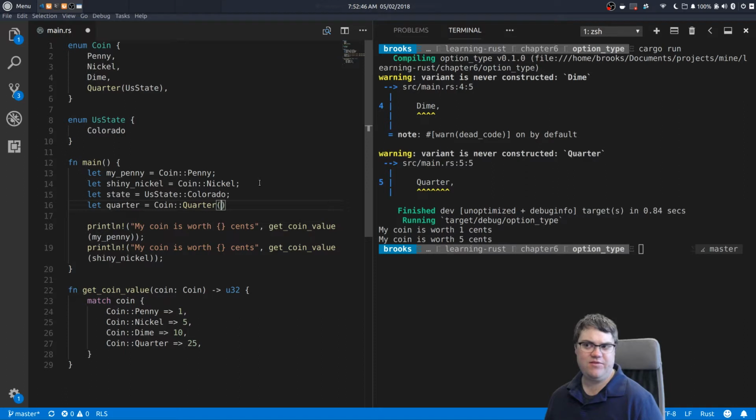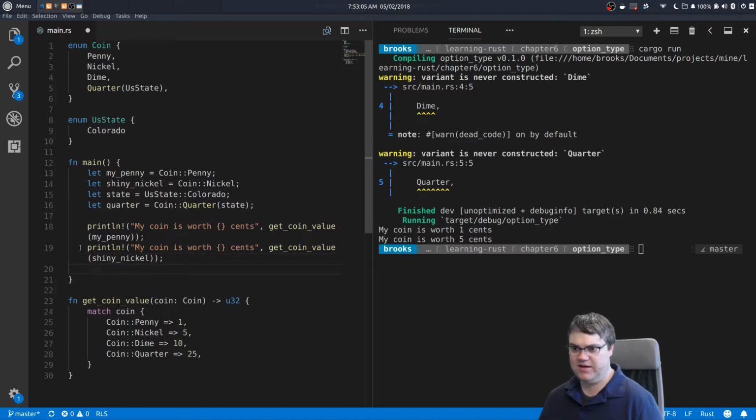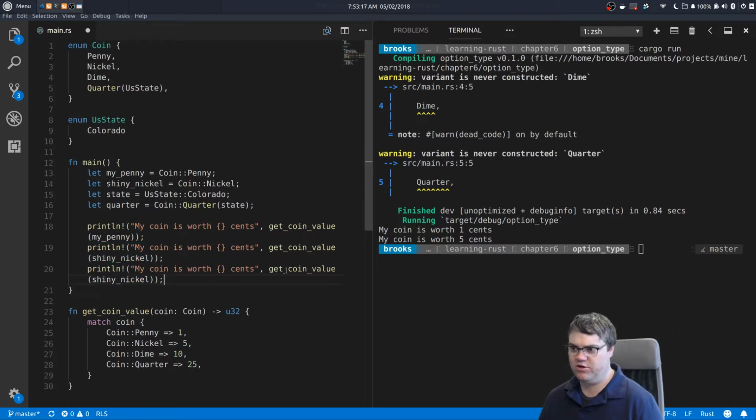I can't remember if it's curly brackets or this. I didn't actually look, but I'm just going to try it and see what the error is. I want to pass in the state. And then I want to print line. Actually, I just want to repeat this. My quarter is worth X cents, and we're going to pass it in our quarter,